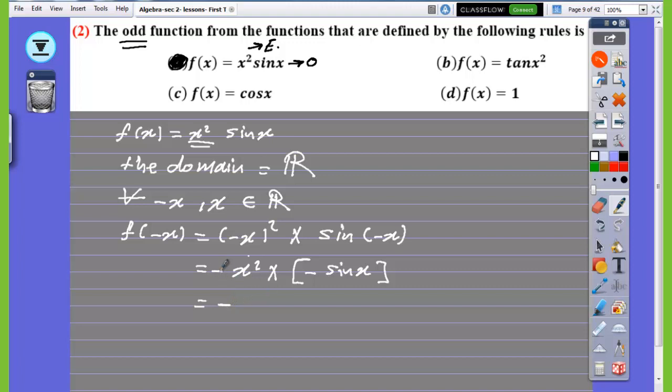Here we have a positive sign. Positive multiply negative is negative. X square sine x,